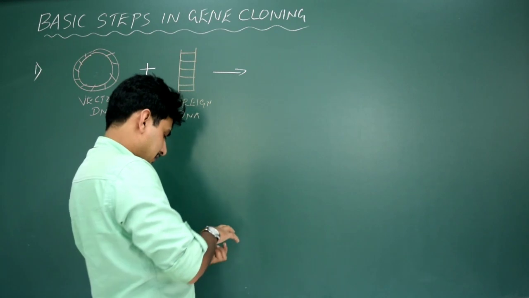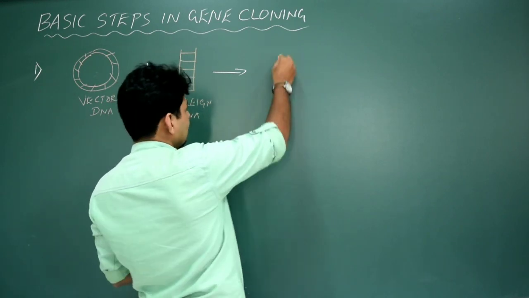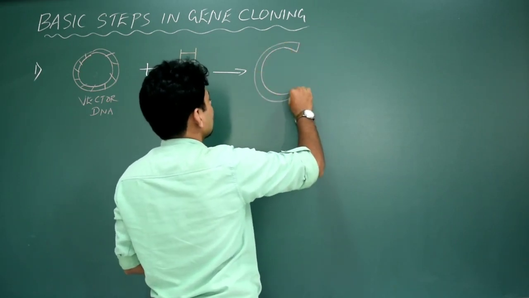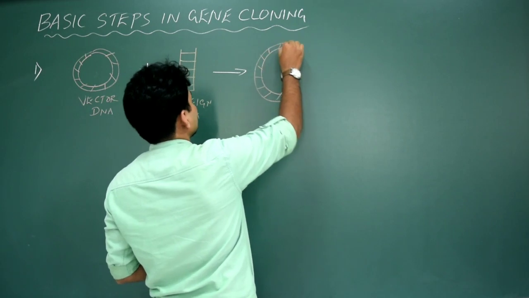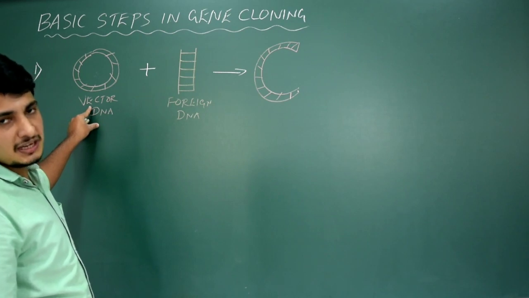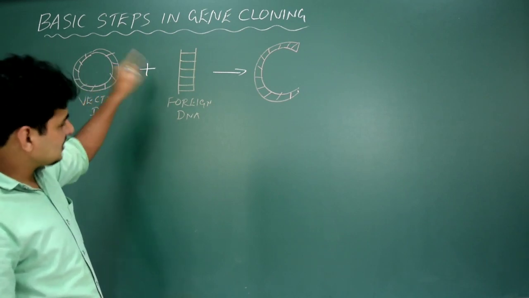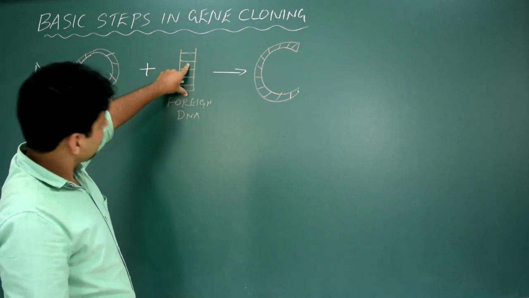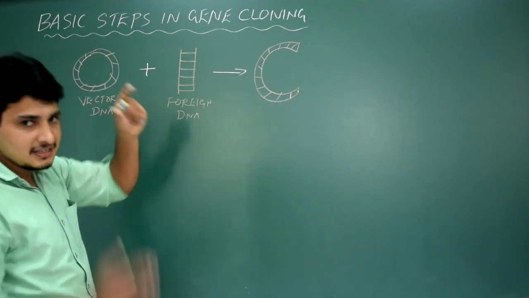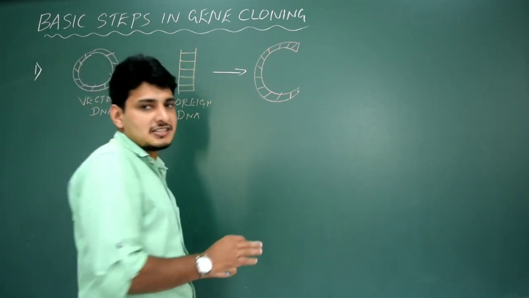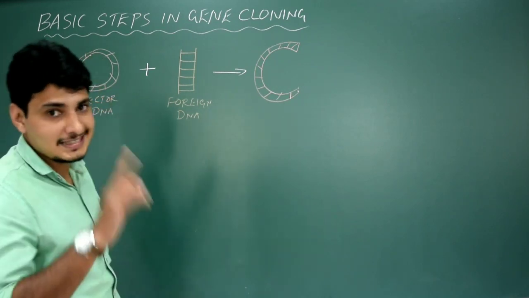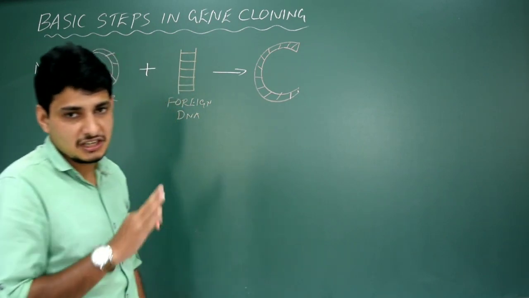So I have to draw the diagram, because it is going to form the recombinant DNA. Pink color is our vector DNA. Why do I have only a fragment of this vector DNA? Because I have treated this vector DNA with a specific type of restriction enzyme, and the same type of restriction enzyme will be used to treat this foreign DNA, so that I get fragments with specific sequences. The same restriction enzyme should be employed for fragmentation of the vector DNA as well as the foreign DNA. I should not change the restriction enzyme.